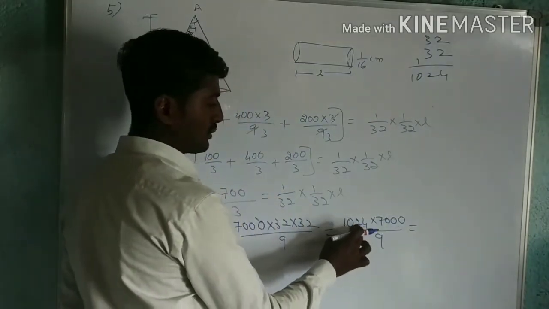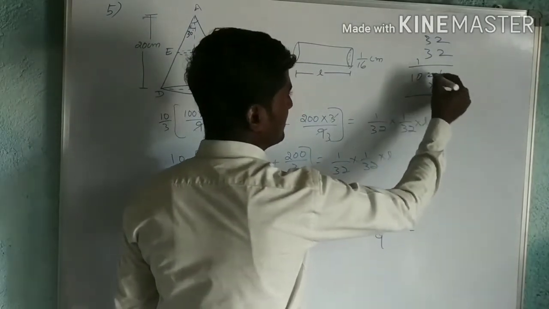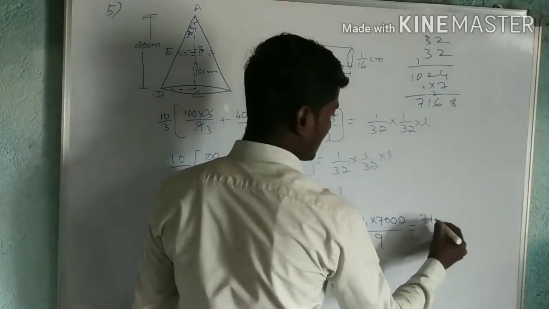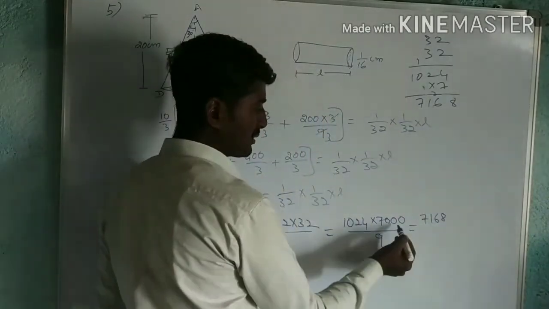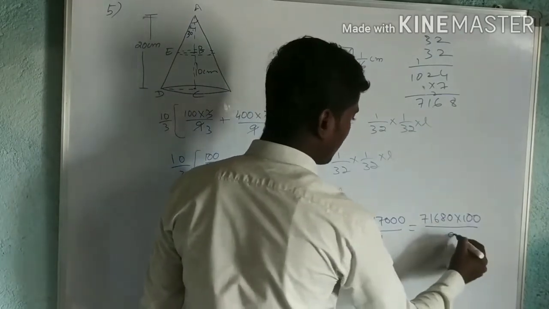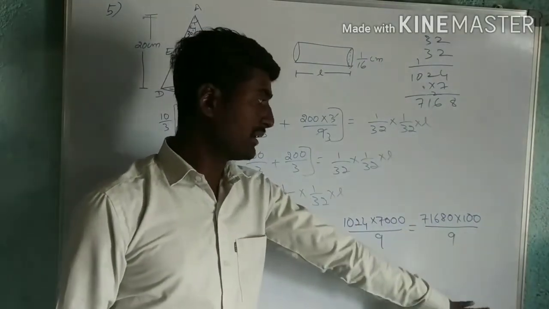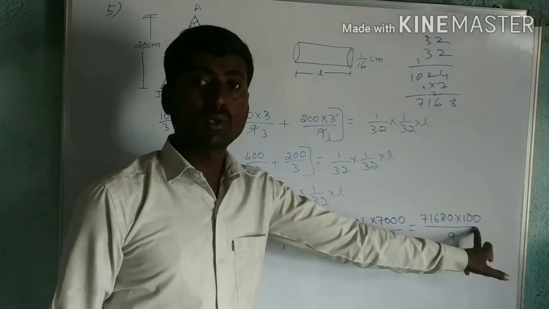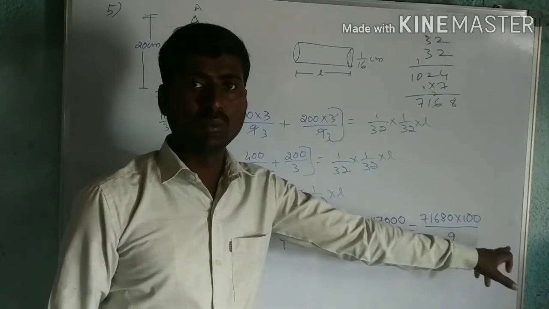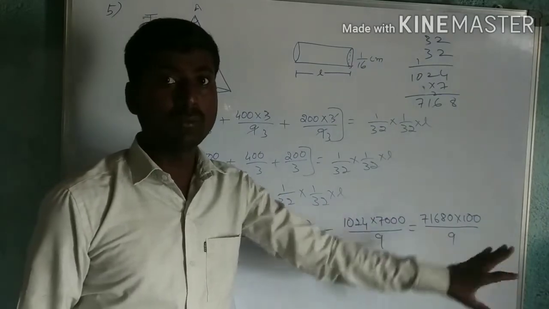Now you can multiply 1024 into 7. 7 4s are 28, 7 2s are 14 plus 1 is 15, and so on, giving 7168. 7168 into 1000. So I will take 10 here, and the remaining is 100 divided by 9. Why? Because the answer I am getting is in centimeter. Then afterwards we can write it in meter, because 10 power 2 centimeter, that is 100 centimeter, is equal to 1 meter. So I will write 100 as it is, and easily I can convert centimeter into meter.